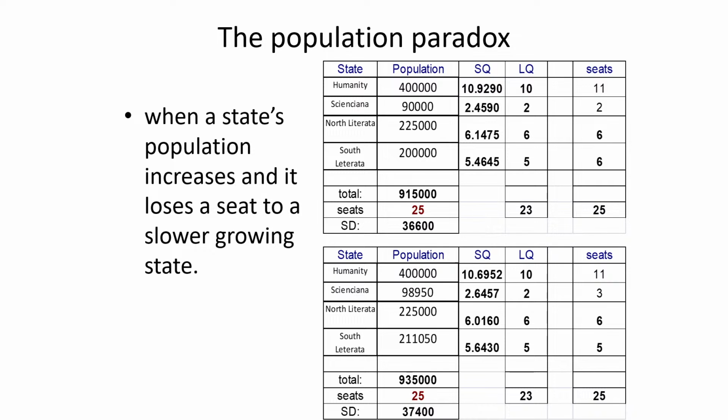This sort of thing happened all the time in the United States because we had new states showing up. And basically, what we do when a new state shows up, the last time this happened was back in the 1950s when both Hawaii and Alaska became states. When that happened, we gave each of them 1 seat. And that's when the House of Representatives was 437. And then at the next apportionment, we brought it back down to 435.